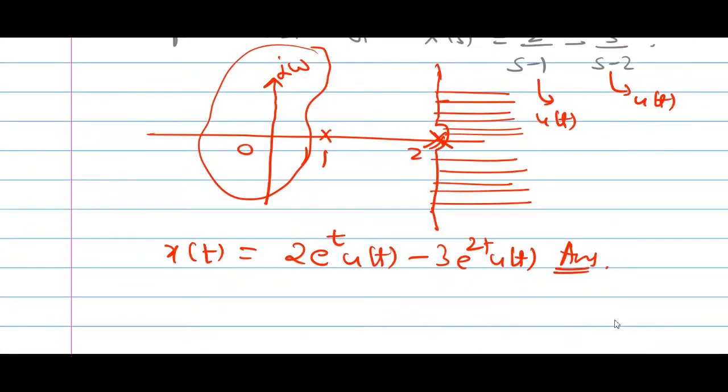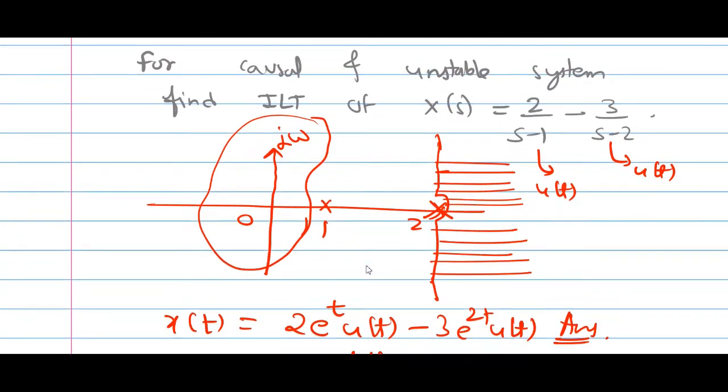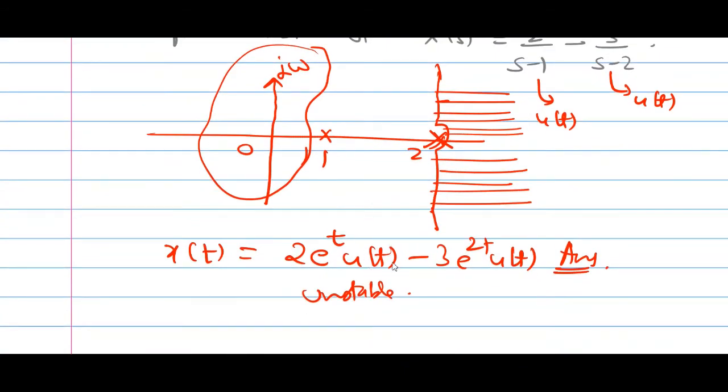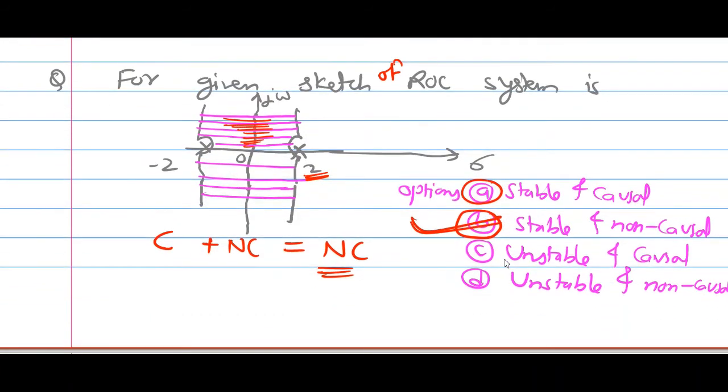Then causal and unstable. You can see here plus sign, same sign means unstable, and it is causal, for causal u of t, that means it is correct, so our answer might be correct. So this way, whenever you are choosing from 4 options, you can verify your answer also, whether the answer you got is correct or incorrect. And with this you can eliminate 2 of the options also.